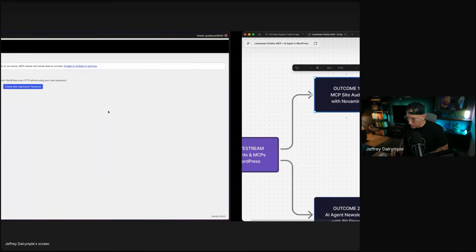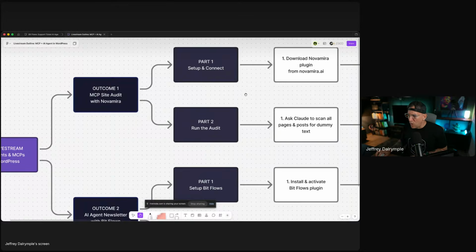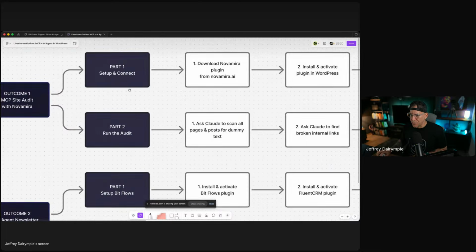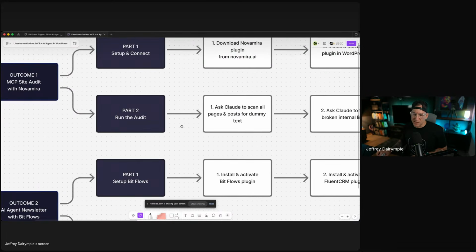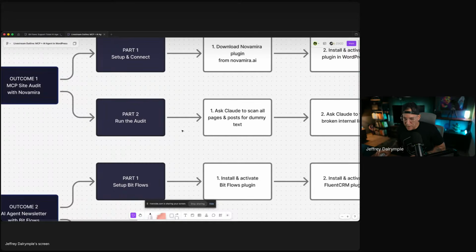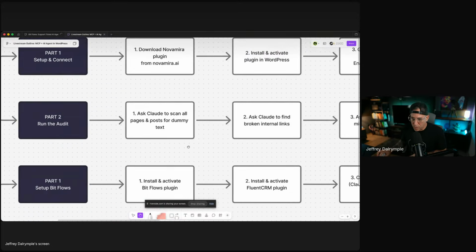First we're going to go through the setup, but then I'm going to use this to run an audit. One of the things that I do often, because I am not a good typer, is misspell things a lot, and I'm always getting called out. It doesn't look professional when you have stuff misspelled. So I want to see if we could have Claude Code scan and fix misspellings on a website. We want to look for dummy text, some lorem ipsum as well.